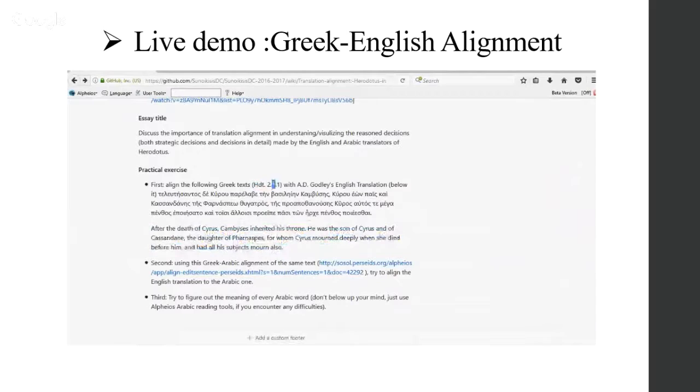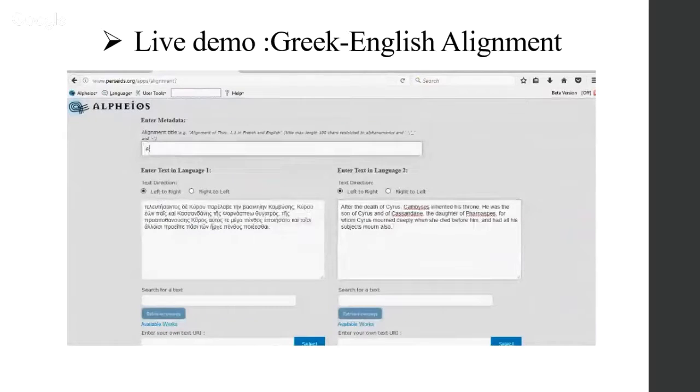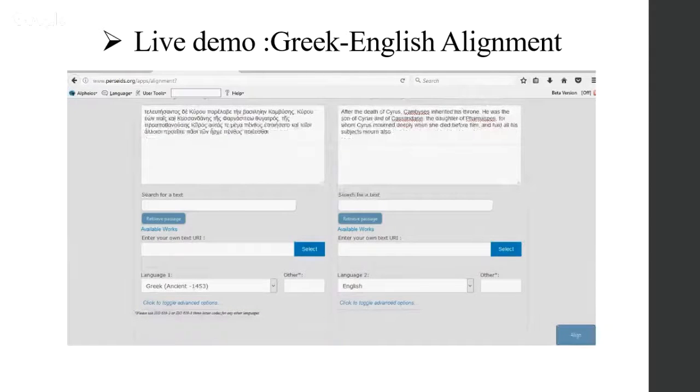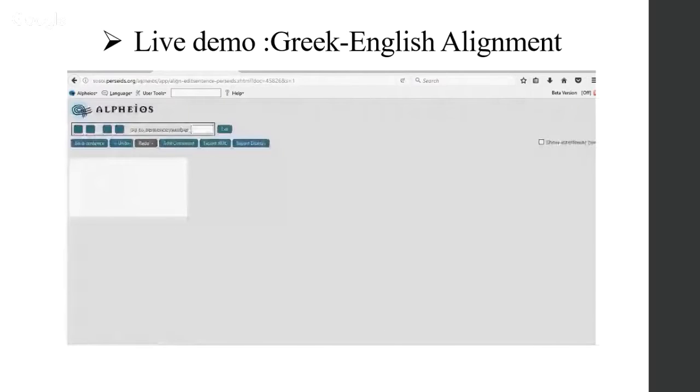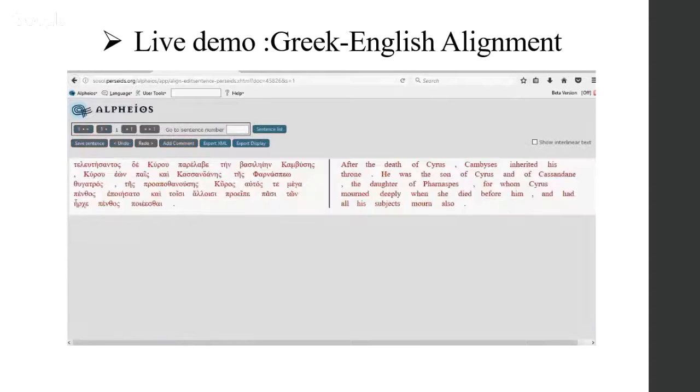So I will give it a title, translation alignment of Herodotus Book 2, the first paragraph of it from Greek into English, and then you scroll down and click on align here, and in seconds you will be moved to the editor itself.